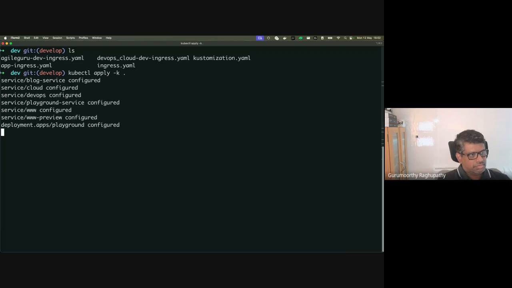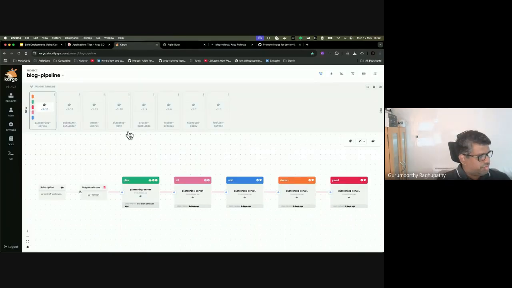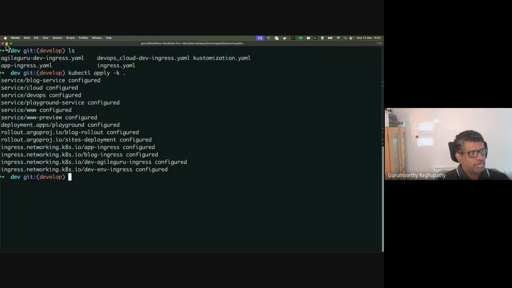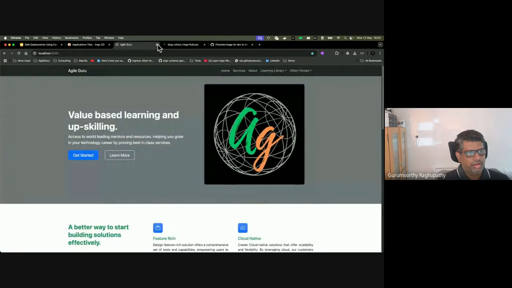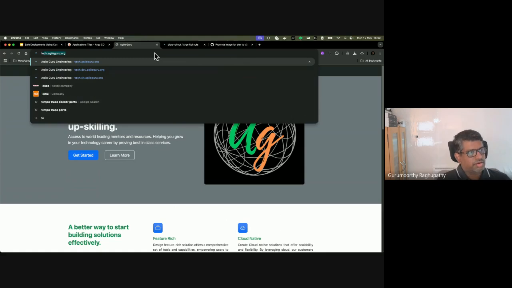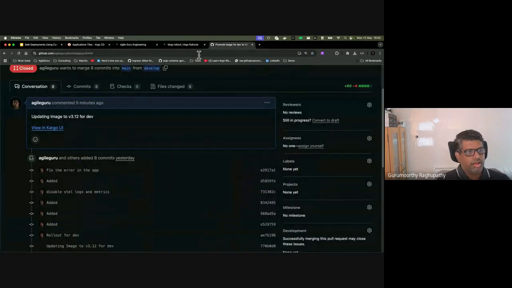So it is going to deploy my blog, configured. If you see, as soon as I do that, something has changed here. It's doing a Canary deployment. Can you see here? A Canary deployment. And if I go to my live environment, tech.agile guru, you will see cloud native. But if I press it again, nothing. Yeah. So what I'm going to do is go to my rollouts